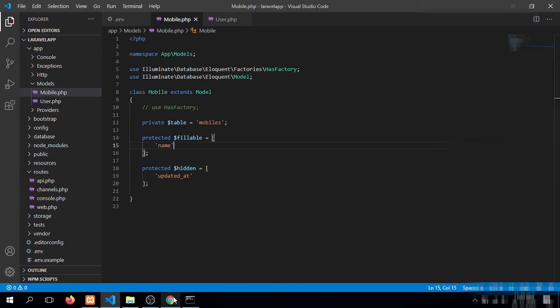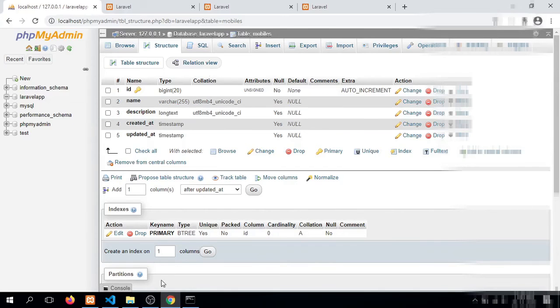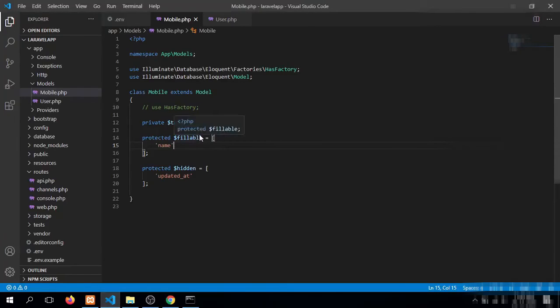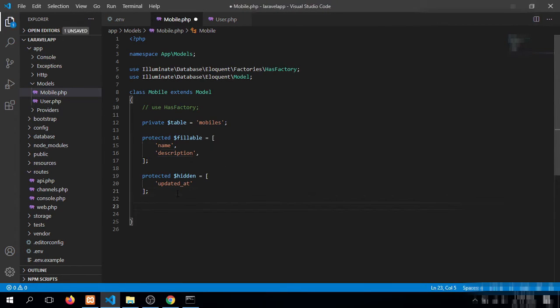Description will not be added in our table. We will have to add an entry for description here. I will explain this particular topic later. What is hidden?